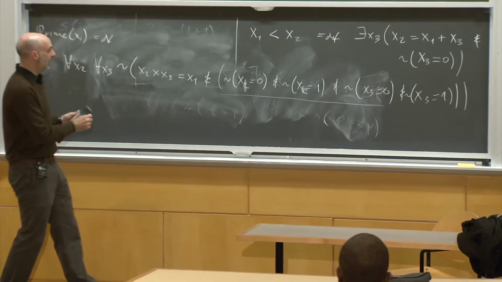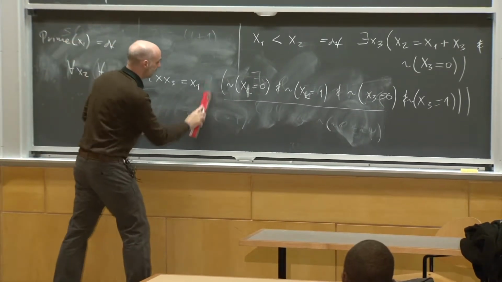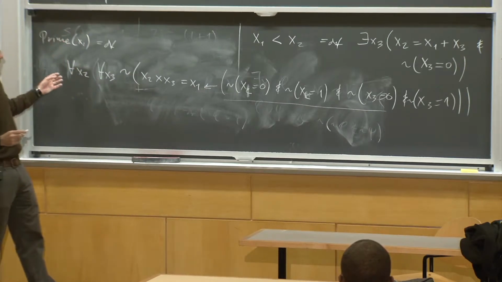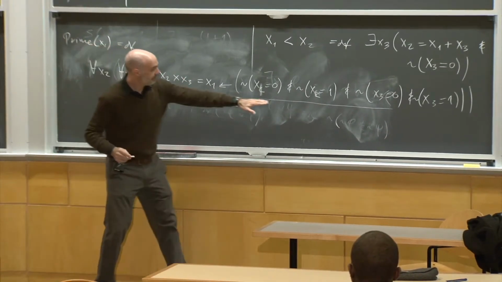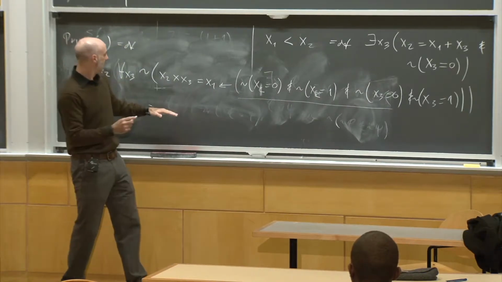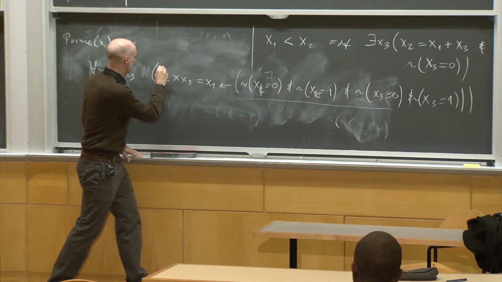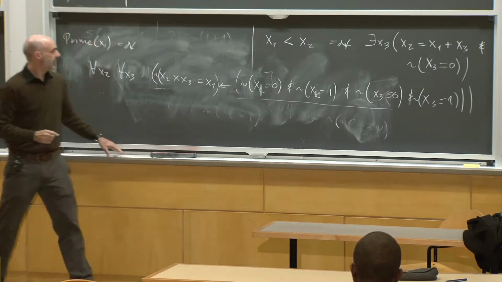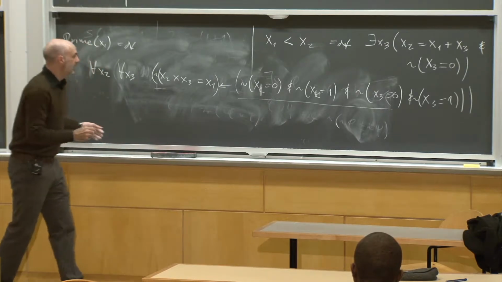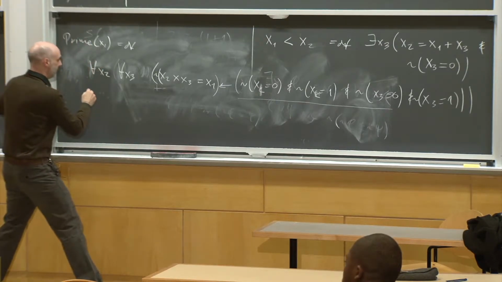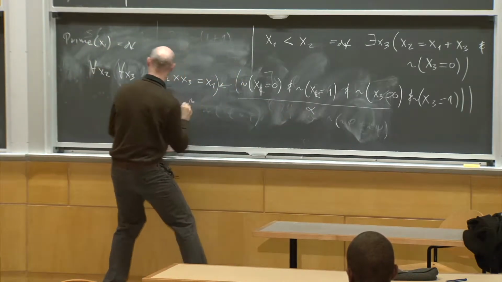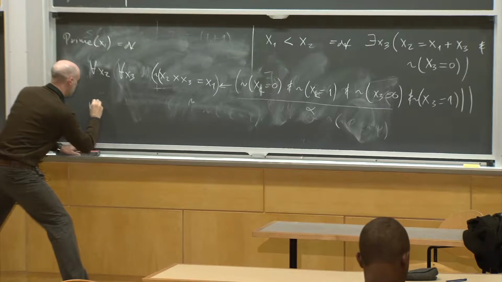So I think really what it should look like is something like this. So pick any numbers you want. If they satisfy that condition, then it's not going to be the case that the result of multiplying them is x1. So we can just, like I'm going to call this alpha and that beta. Then our official statement is